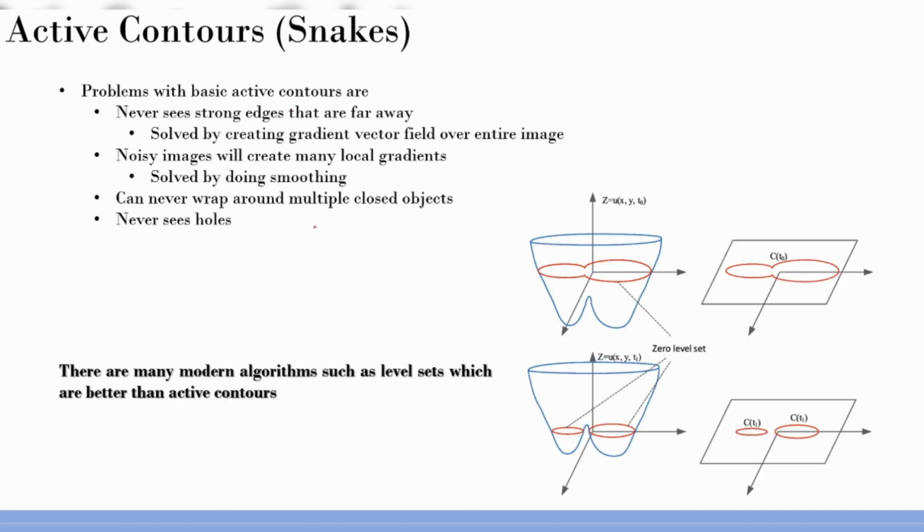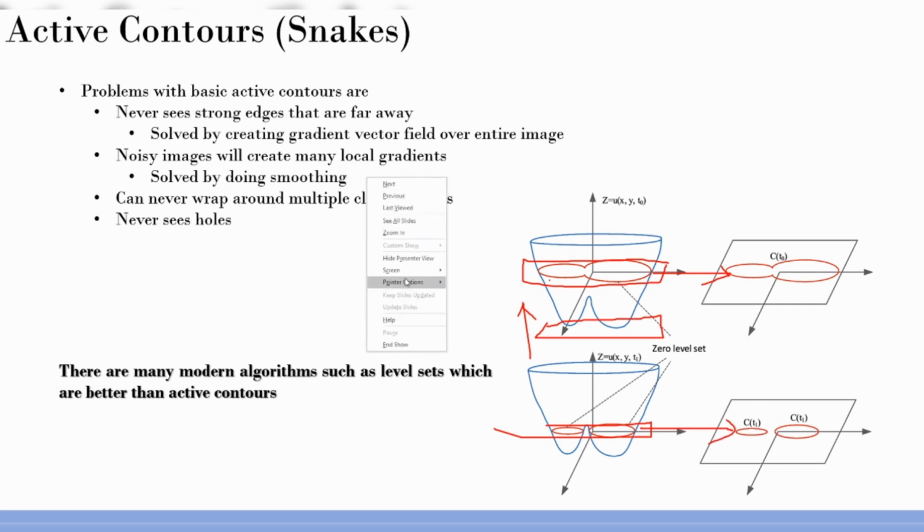In those places, you can use something like level sets. I'm not going into details of this. This is similar to evolution of curves. You are going to evolve a plane. So you start with the bottom part. You put a plane there in the 3D space, right? And then you move that plane upwards. So that plane is going to see a projection like this. Let's say the plane is exactly at this place. It sees a projection like this, right? If it is somewhere here, it sees a projection like this.